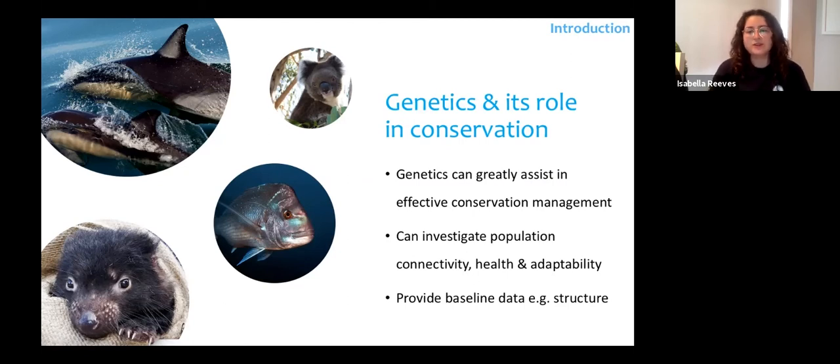I think one of the coolest things about using genomic data sets is that for species that represent cryptic and even complex population histories, it can help provide baseline data that is highly resolved. So you can look at things like structure of species that may be slightly problematic to study. So population